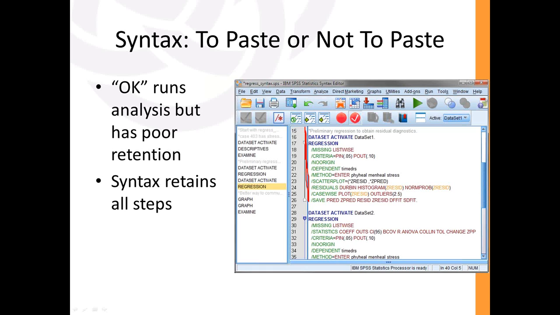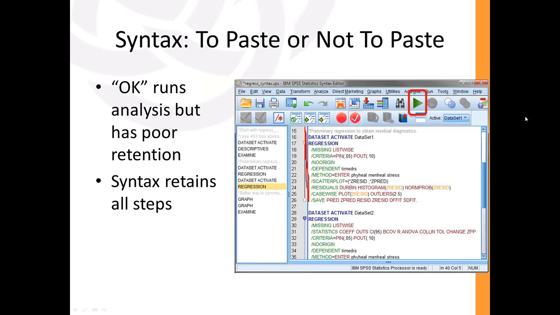And what's nice about this also is that when SPSS goes to syntax mode, if you will, when you hit paste instead of OK to run an analysis, you still have the option. This green sort of play or go button is the exact same thing as hitting OK. And it's a really nice feature because you don't lose anything. You can still hit OK as long as you place the cursor in the right place on the screen, you can just go ahead and run your analysis and still retain the entire syntax file